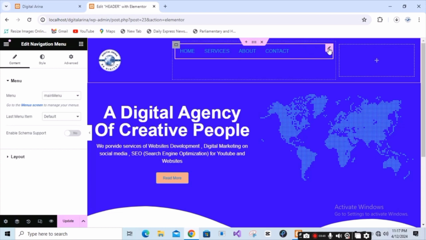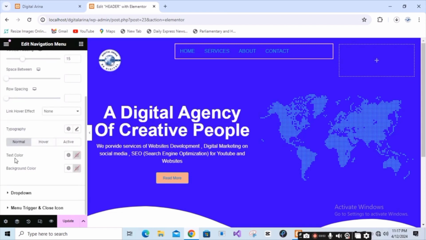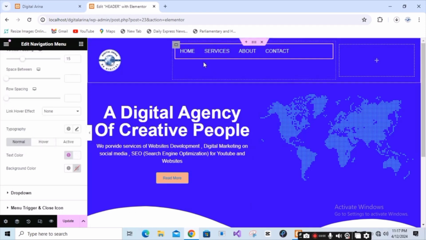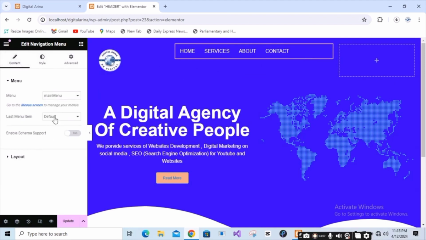Select this control and go to style, first text color, change it to white. Next thing is to centralize this menu into this control. Content,